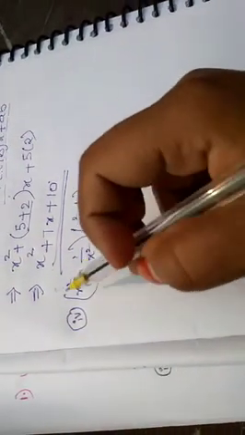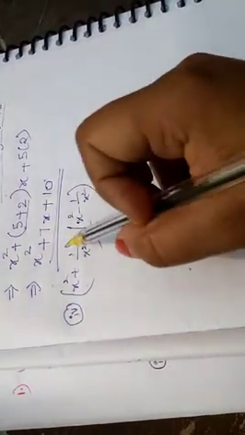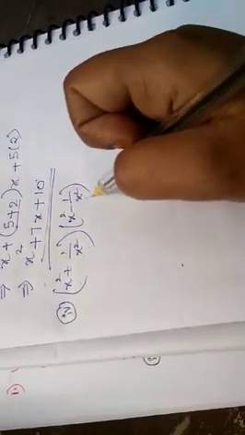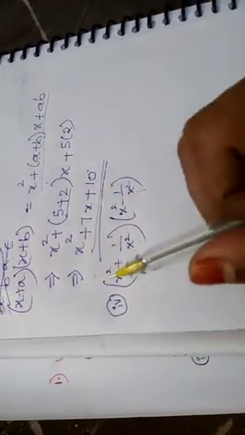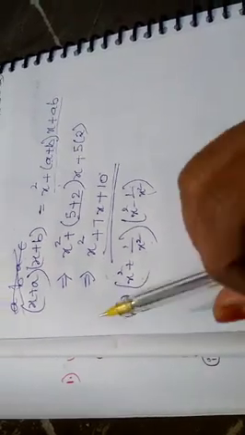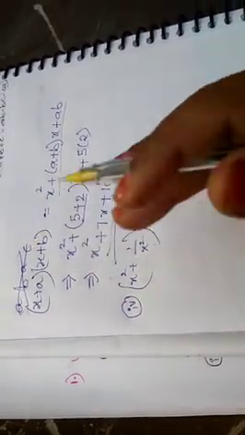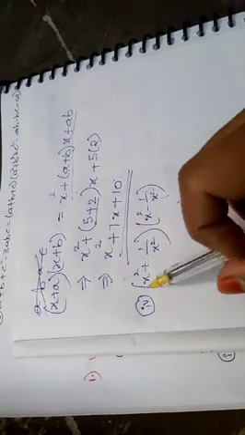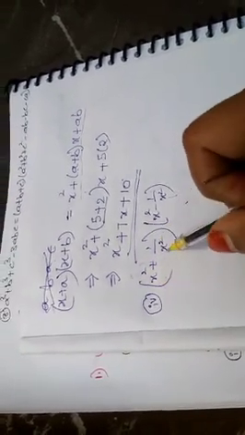Here is your next problem: (x square plus 1 by x square) into (x square minus 1 by x square). The second, third and fifth problems you do as homework, because they are the same type: (a plus b) into (a minus b), (a plus b) whole square, (a minus b) whole square. This one is somewhat difficult; it is easy, but with squares in this way you may be confused, so I am going to solve this for you.